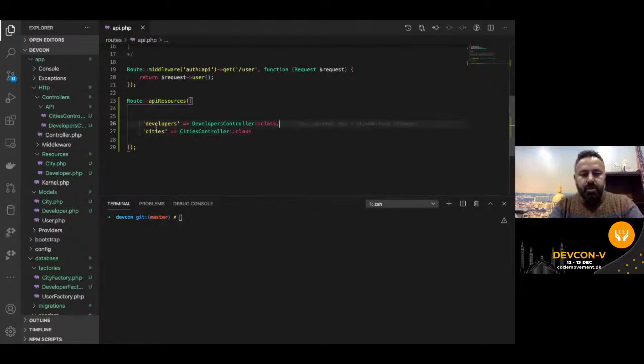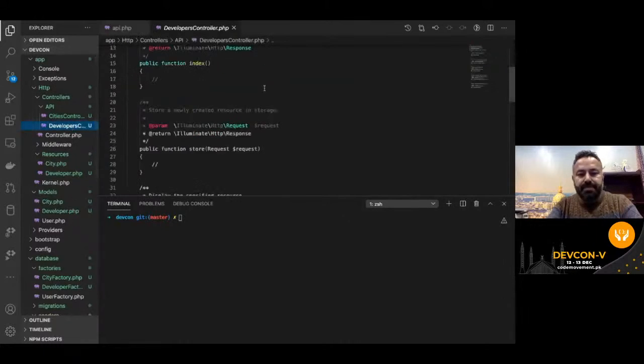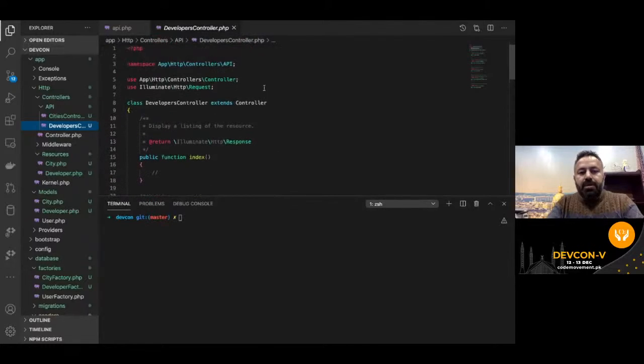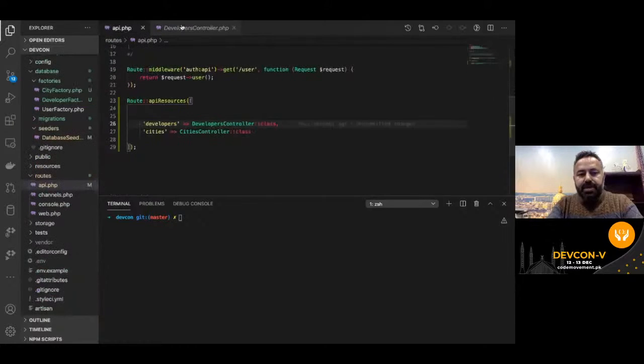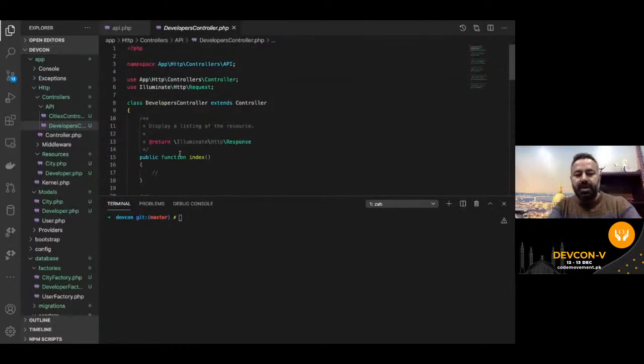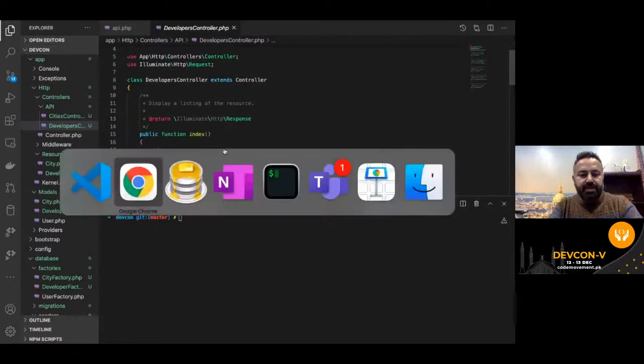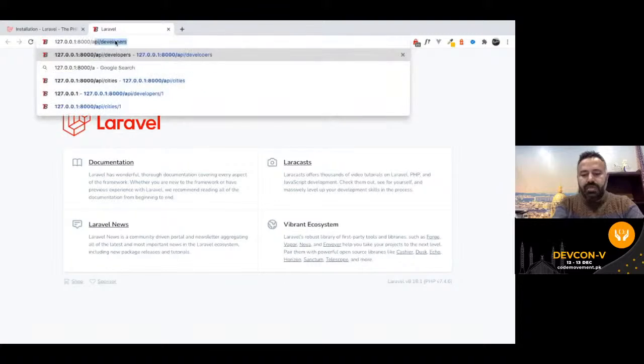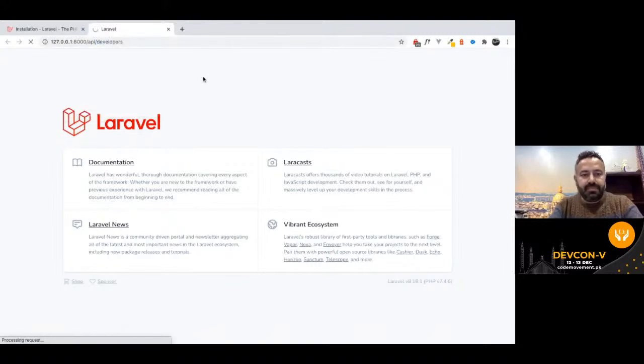All right, so we have our API file, and we have added the developers endpoint and the cities endpoint. This is an API resource, so it is going to take all its instructions from the DevelopersController in the API folder, which we have already imported at the top. Any request that comes to this endpoint is going to route to the DevelopersController, and we don't have anything right now in the DevelopersController. So if we go to /api/developers right now,